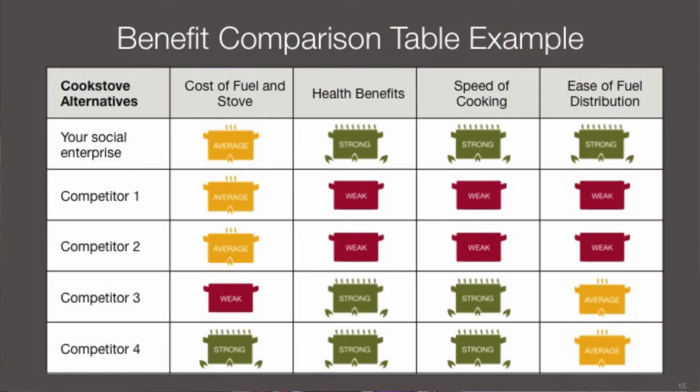Another way of doing this is just basically thinking about all the characteristics that you want to compete on, and then put together a grid like we have here, laying out each of your competitors and then the qualities that you want to compete against them on. And again, when you do this, you want to have most of your boxes ticked in a favorable way. So again, think carefully about the characteristics you think are important, certainly what your customers are thinking, and then lay out the matrix so that you can win.